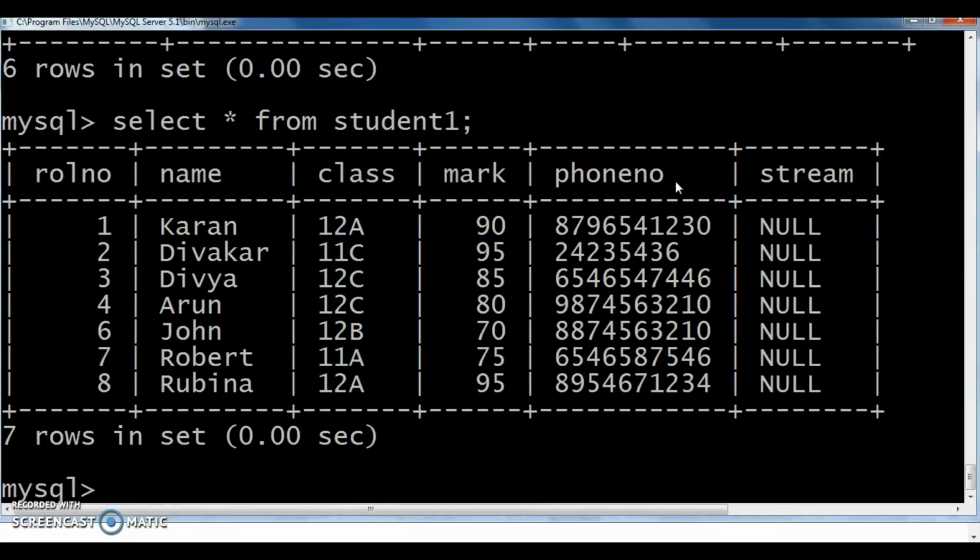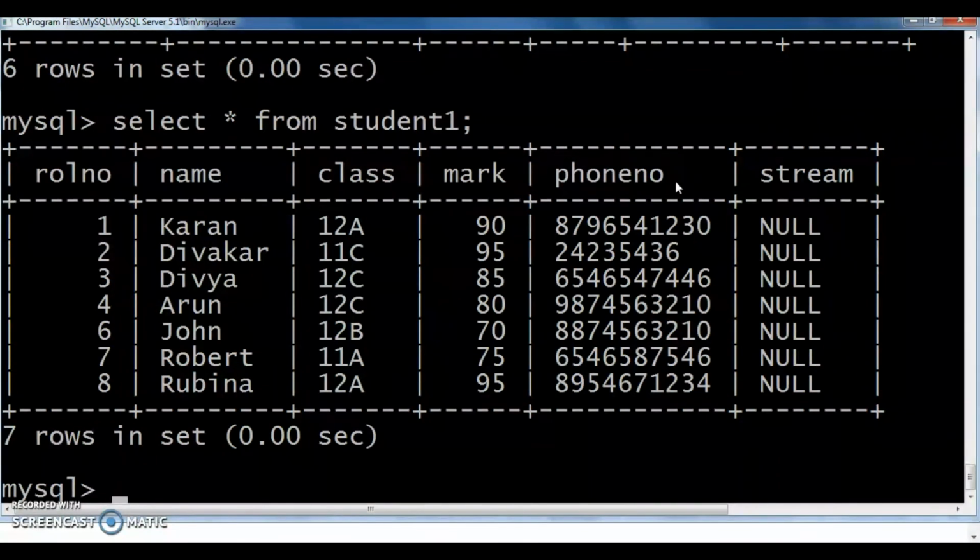Then the next one is dropping tables. Dropping tables means we drop the full structure of the table, not only the data, all the details. While we are using this drop command, it will drop the full structure of the table.